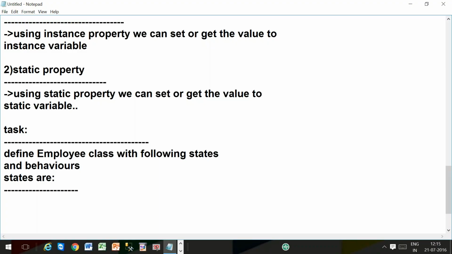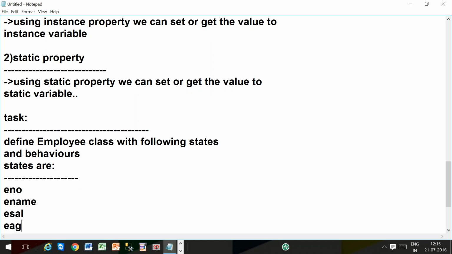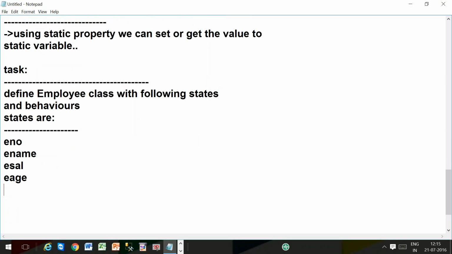States are ENO, ENAME, ESAL, EH. Initialize ENO, ENAME, ESAL